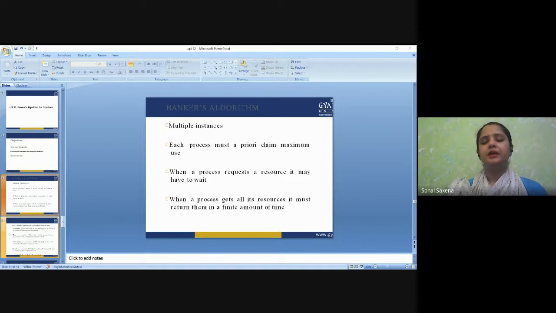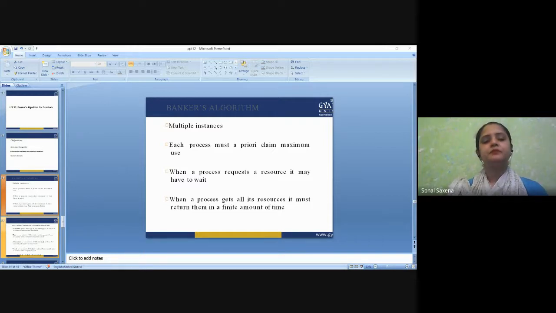So in summary, there are 3 things your Banker's algorithm needs. One is the maximum amount of resources your process requires. Second, the total number of allocated resources at the current state, how many resources have been allocated to your process. And third is the availability of the remaining resources. These are the 3 things your Banker's algorithm will require for implementation.